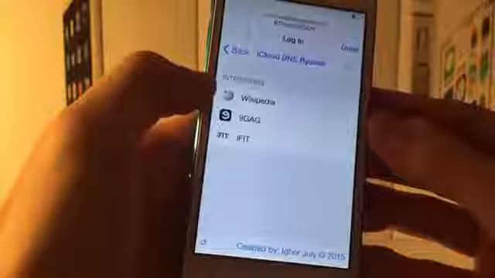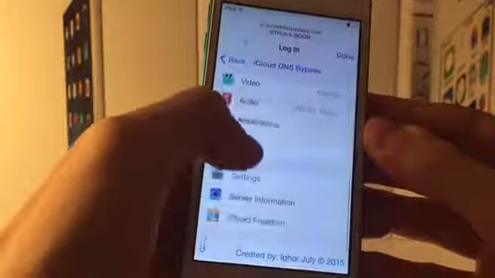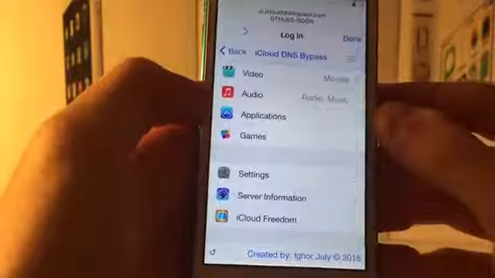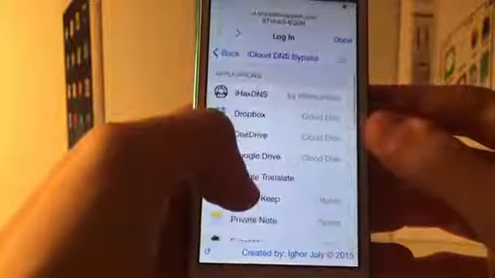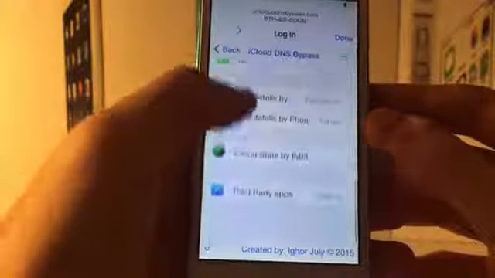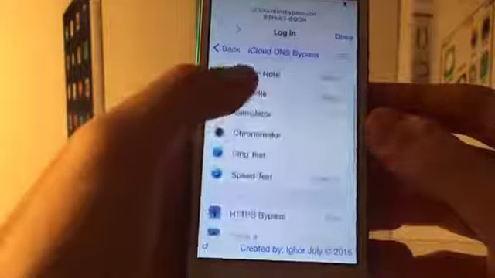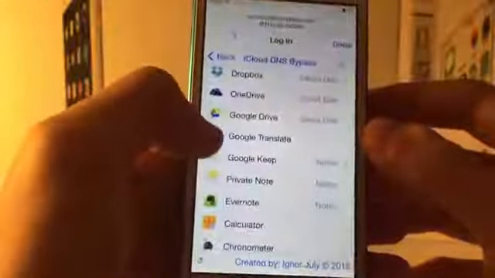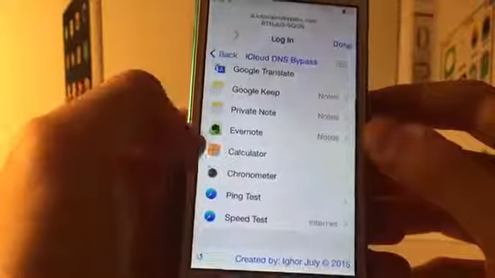Interesting, I haven't really explored this. Also Wikipedia and stuff like that. And then near the bottom we have some more interesting stuff. Now applications is full of games and many useful things. Actually the games are not in here I don't think, but we have some things like Dropbox right at the top, Google Translate, some note stuff, calculator,